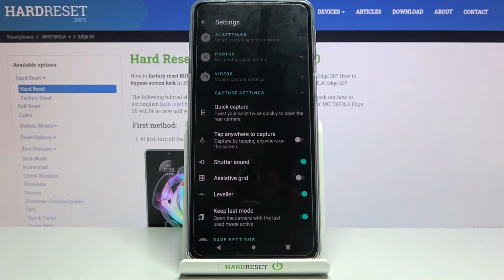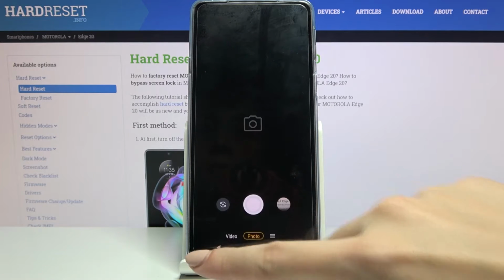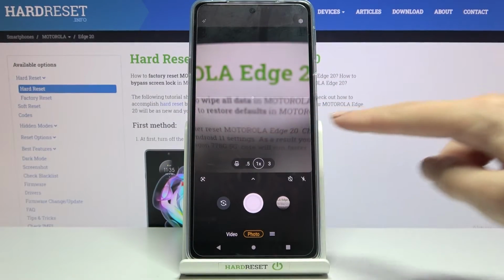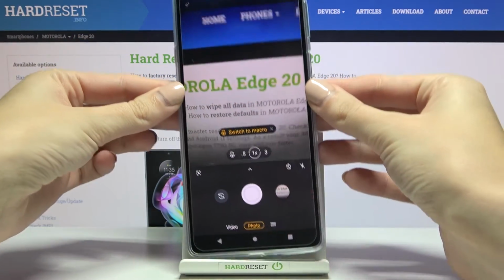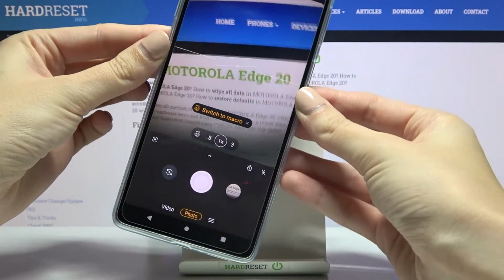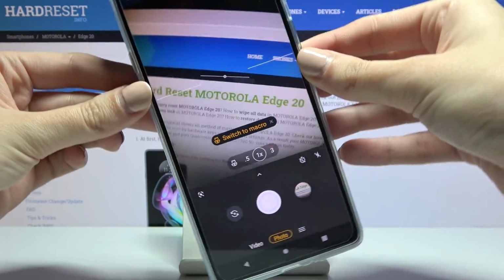Now let me keep it turned on to show you how it works, so let's move back to the camera, and here at the center of the preview we have this line. This is useful, for example, when we want to be sure that we hold our device steady